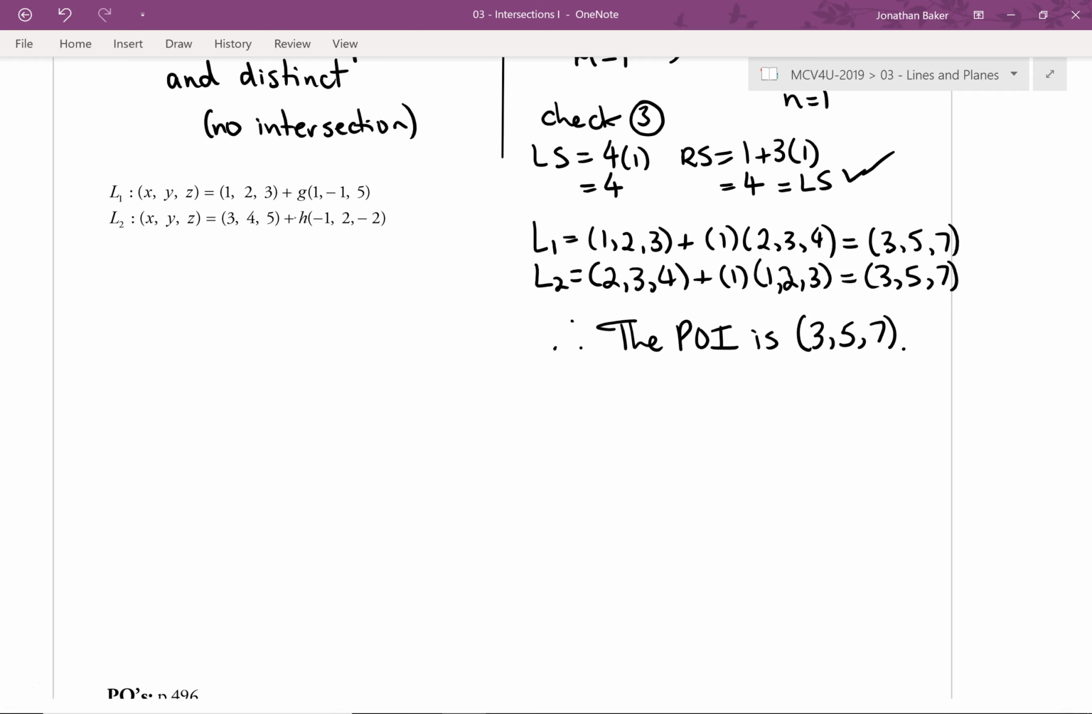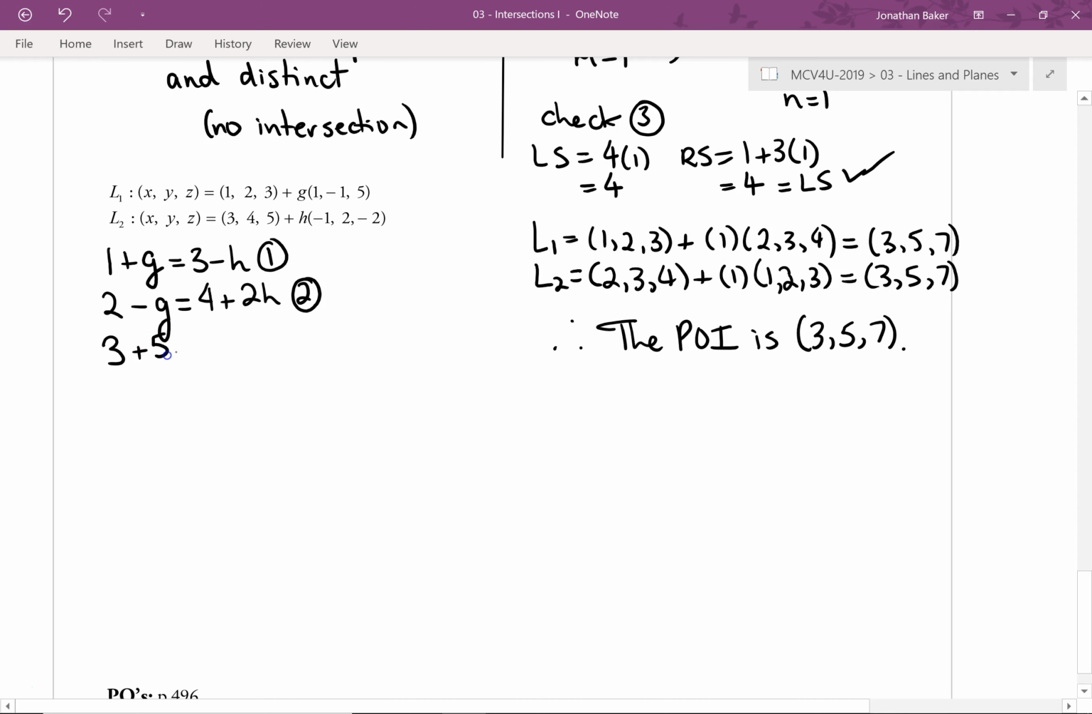Okay, so let's equate these. Let's start with the x's. The parametric equation for line 1 for x would be 1 plus g, and that would be equal to 3 minus h. We'll just call that equation 1. And the y value, so we're going to have 2 minus g equals 4 plus 2h. Equation 2. And then we're going to have 3 plus 5g